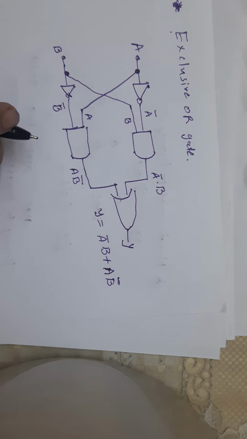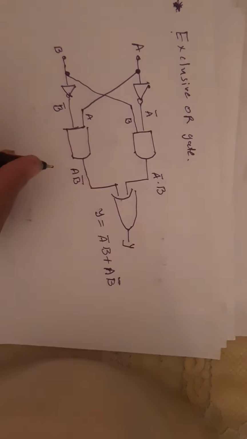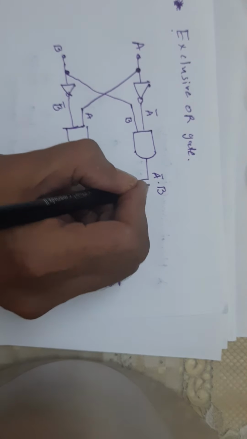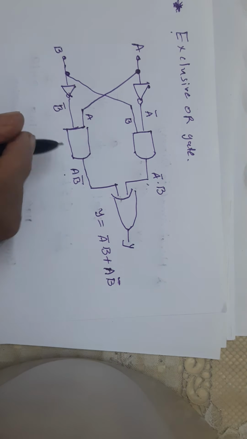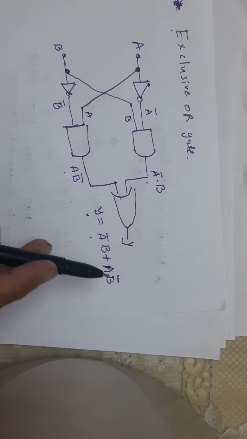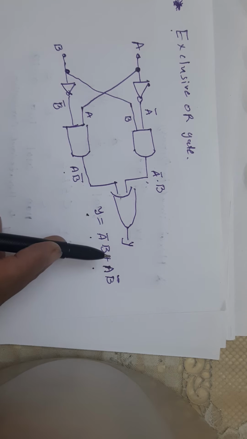The exclusive OR gate has a high output only when an odd number of the inputs is high. The figure shows how to build an exclusive OR gate. The upper AND gate forms the product A bar B, while the lower one produces A B bar. Therefore, final output Y is equal to A bar B plus A B bar. Here is what happens for different inputs. When A and B are low, both the AND gates have low output. Therefore, the final output Y is low.